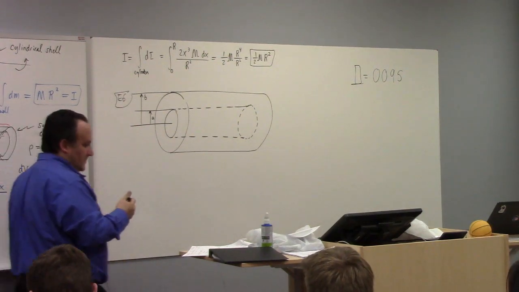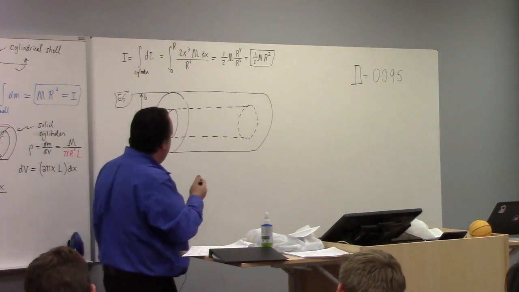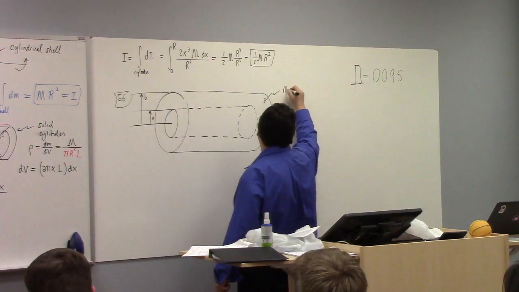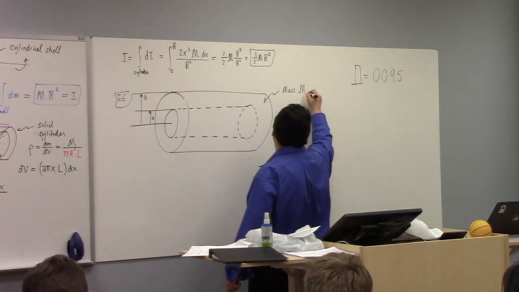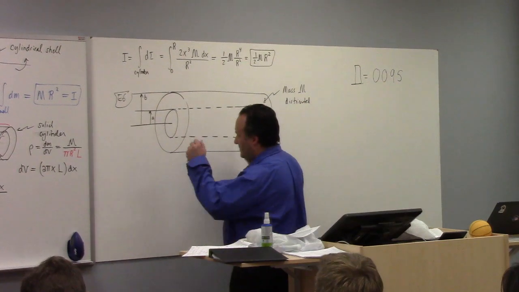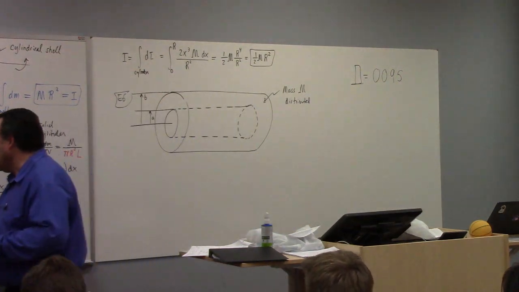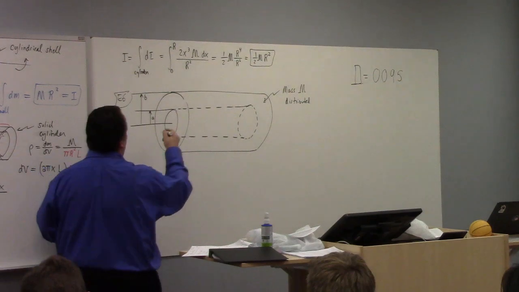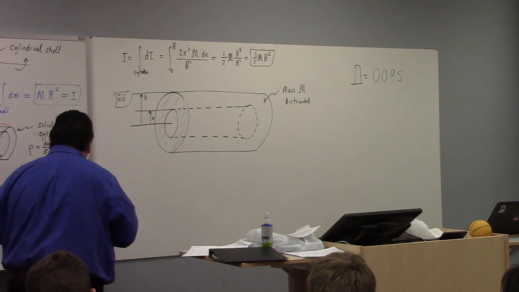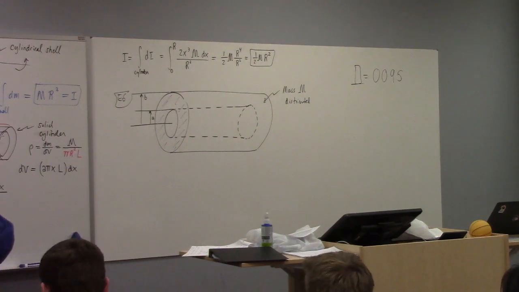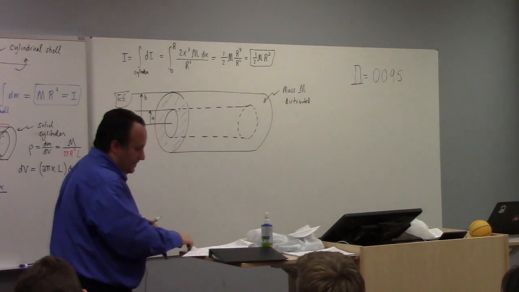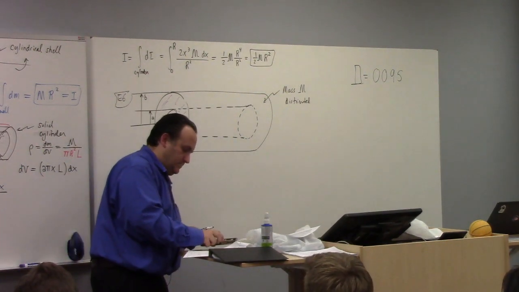So again, you have a mass m distributed about this shell. So it's hollow in the middle, but we can't just use example 4 because it's not all concentrated at one radius, right? So